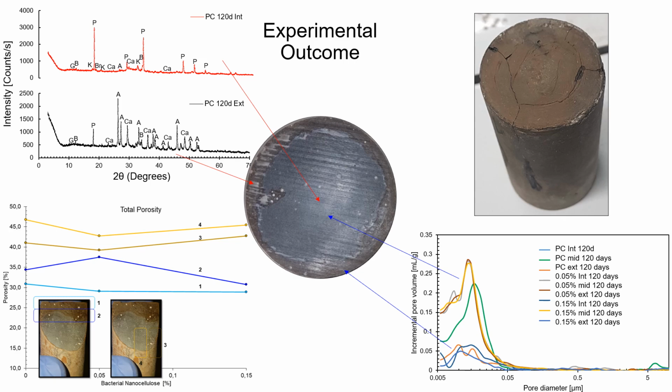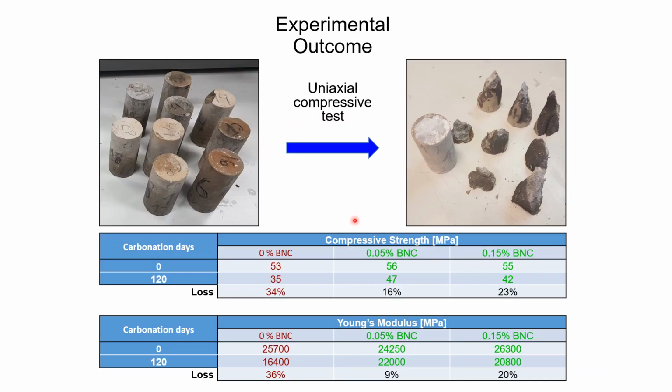The total porosity near the exposed surface decreases while in the interior it increases. The total internal and external porosity is lower in cement with bacterial nanocellulose. When performing compressive strength tests, results indicate that all specimens decreased their mechanical performance. Nevertheless, specimens with bacterial nanocellulose were less affected. They only lost 10 to 20% of their compressive strength and Young modulus, while net cement lost up to 35%